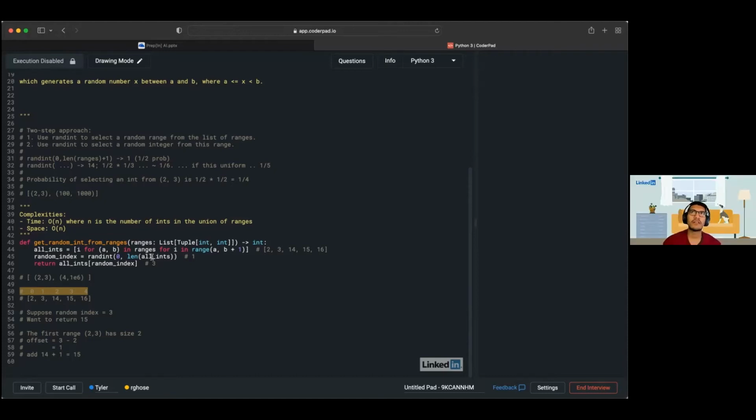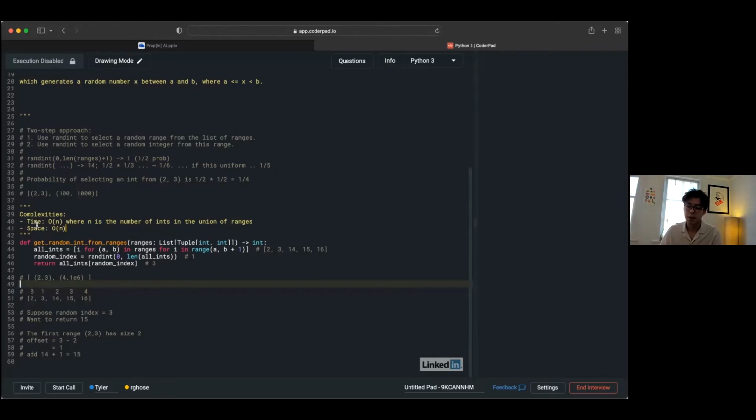Okay, sounds good. It sounds like we would be saving in the amount of computation a bit there, in that we're only doing 2 additions per element in the overall list, rather than having to expand that out, in addition to saving space here, since we don't actually need to write out any new lists. So we would be able to use constant space here. Yes. Sounds good. We can use constant space, and then time complexity would be linear, not in the number of integers in the union of the ranges, but linear in the number of ranges itself.